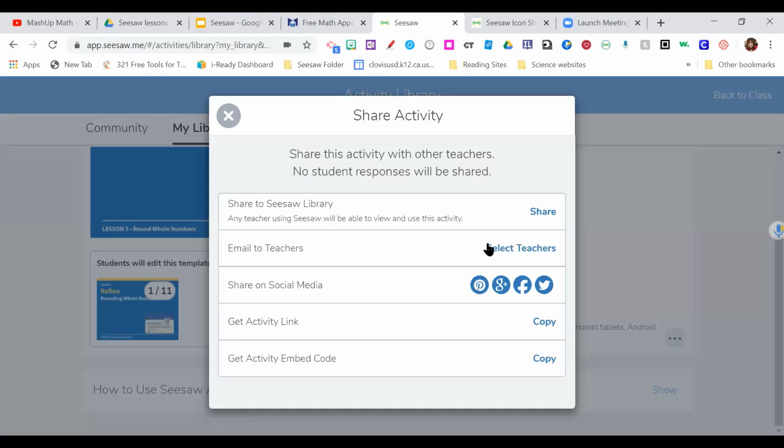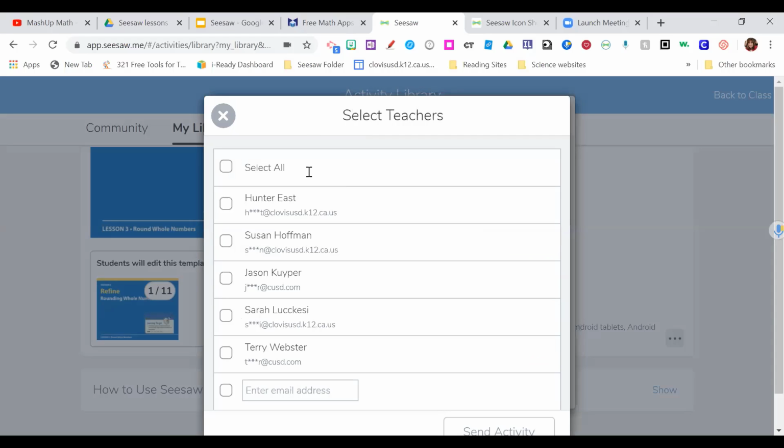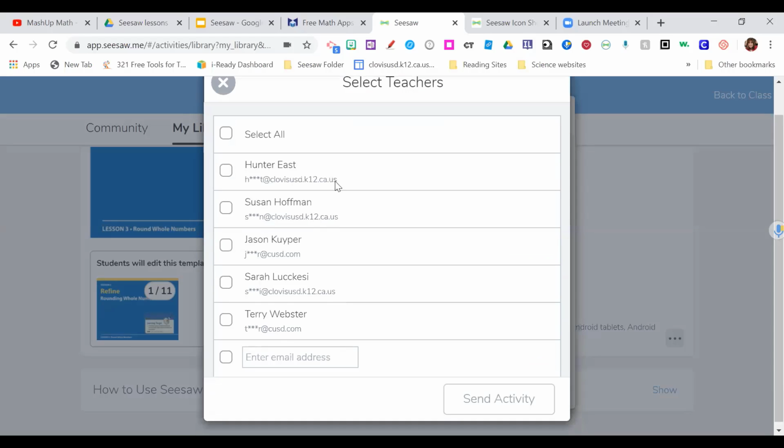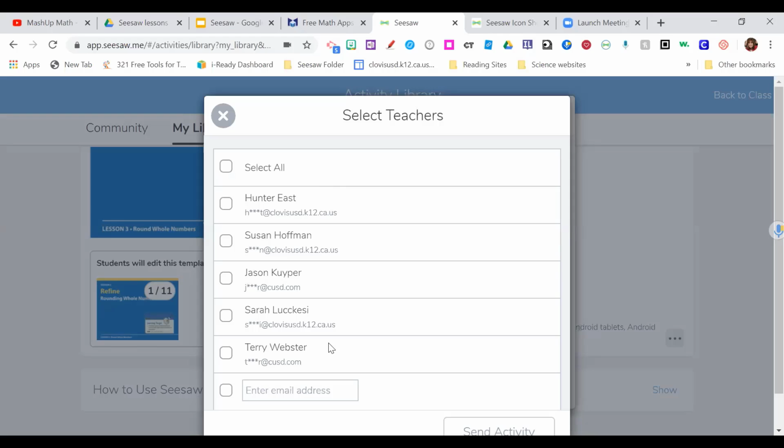And now, if you have groups, if you have a SeeSaw school account, you could put it in here. But if I just say select teachers, here's the teachers that I have shared classes with. Or I could just say,